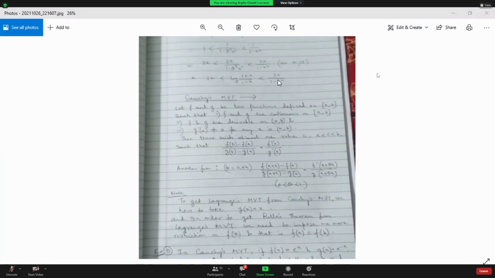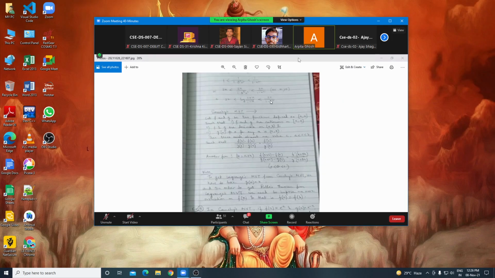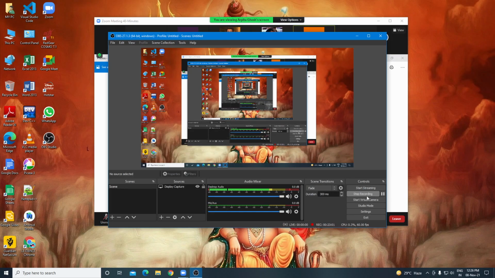That is geometrical interpretation of Lagrange's mean value theorem. Now, the second form, which is f of a plus h minus fa equal to h into f dash a plus theta into h, where 0 less than theta less than 1. There, if we replace a